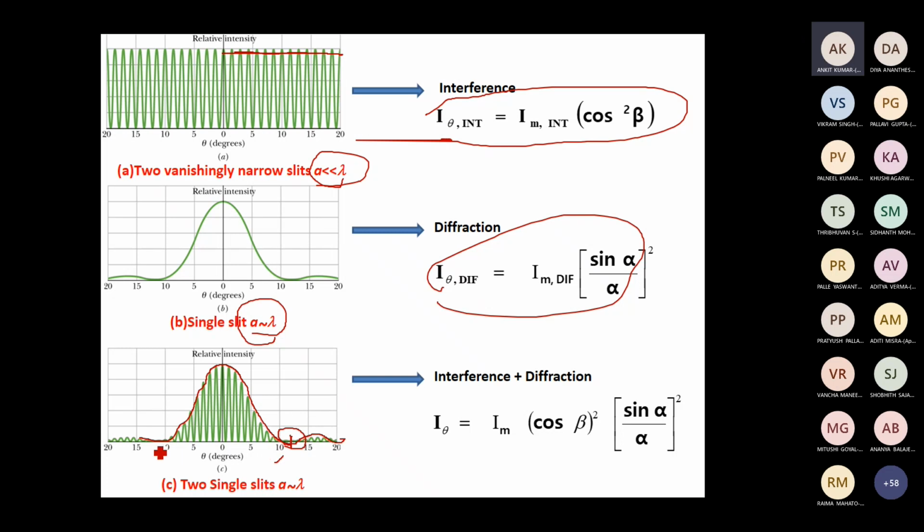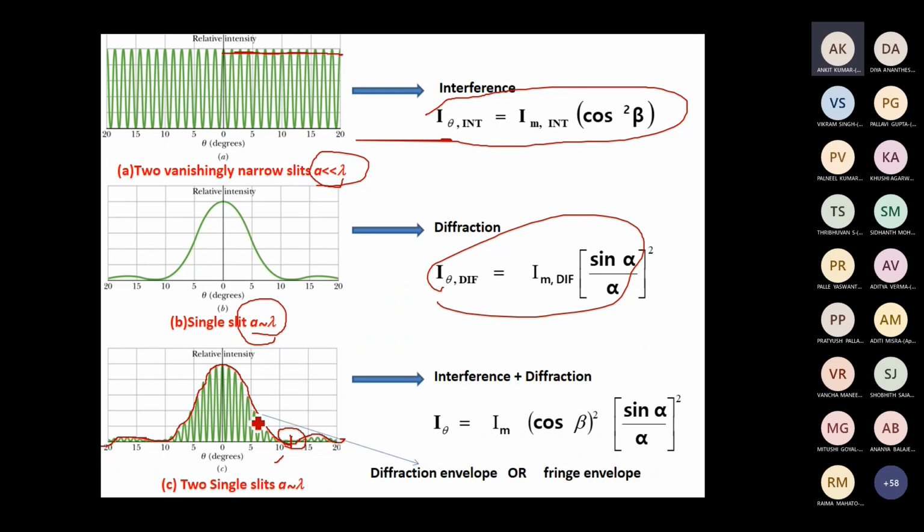So you will see in the diffraction pattern, some of the interference maxima will not be seen because of coincidence of diffraction minimum at that point. At the same angle, an interference maximum and a diffraction minimum are formed, due to which some of the interference bands will not be seen. That is due to the formation of the diffraction envelope. This we call a diffraction envelope.